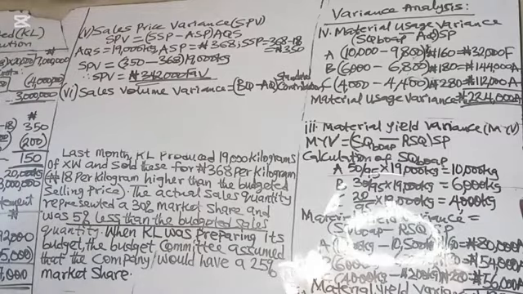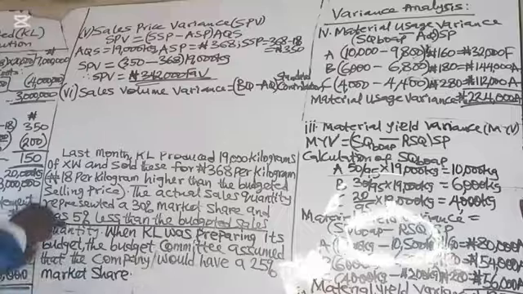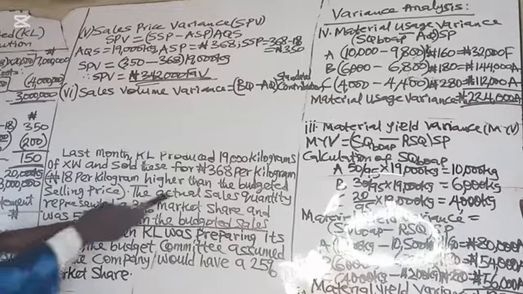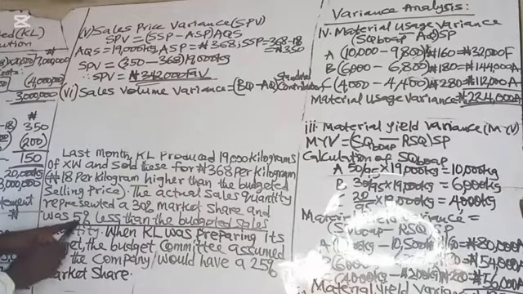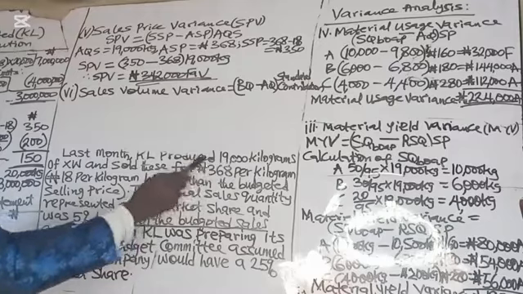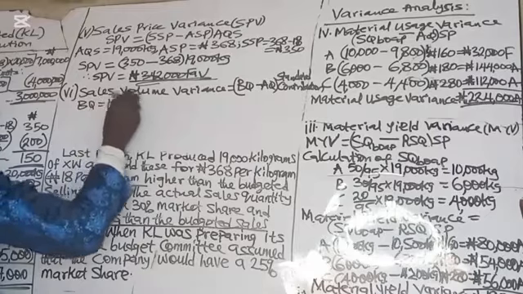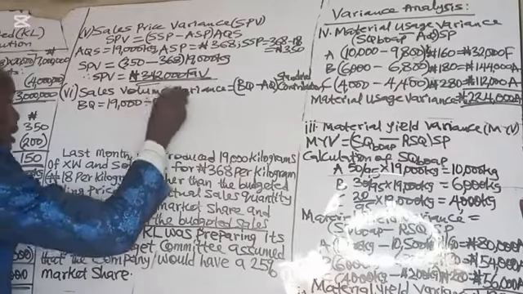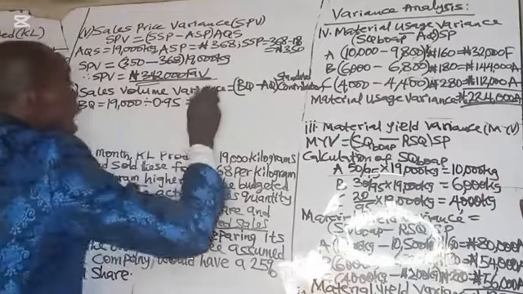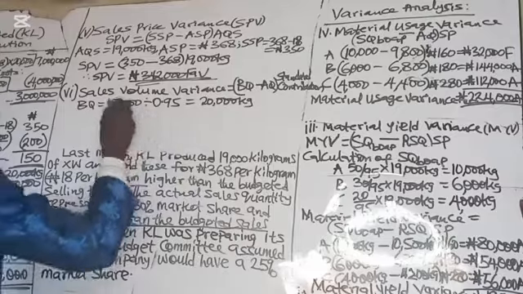Budgeted quantity. You were told the actual sales quantity represented a 30% market share and was 5% less than the budgeted sales. That means the actual sales is equivalent to 95%, since it is 5% less than budget. Therefore, budgeted quantity sold will be 19,000 divided by 0.95, that is divided by 95% times 100%. That will give us 20,000 kg. So budgeted quantity sold is 20,000